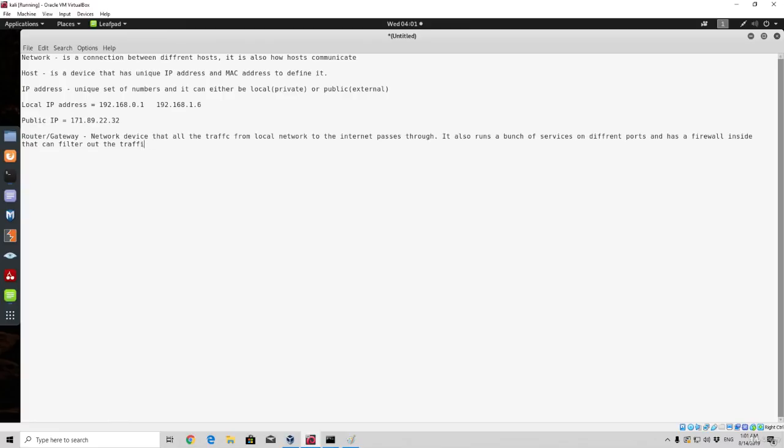Okay, so this is our router, and a firewall we can simply define to be a piece of software, and it can also be hardware, so a piece of software or hardware that filters the traffic. Okay, it basically works, as we said, with different rules that can block or allow connections using these rules. So let us just type right here, it works with different rules. Okay, now its main purpose is basically to secure the network. It is logical, so our firewall basically secures the network as it filters different types of packets that come and